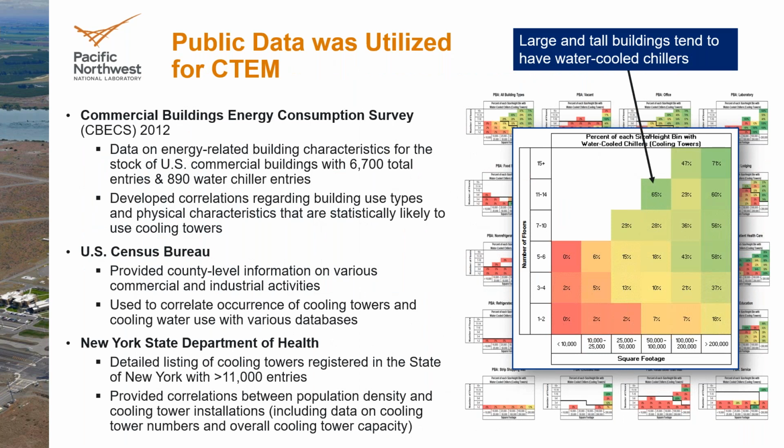Okay, and so that was the FEDS data that we used there. The other publicly available data that we used for CTEM include the CBECS, the Commercial Buildings Energy Consumption Survey, the U.S. Census Bureau, and the New York State Department of Health. And to the right here, you can see some of our analysis that we used for CTEM from the CBECS database. What you're seeing here is a heat map using the CBECS data, showing the likelihood